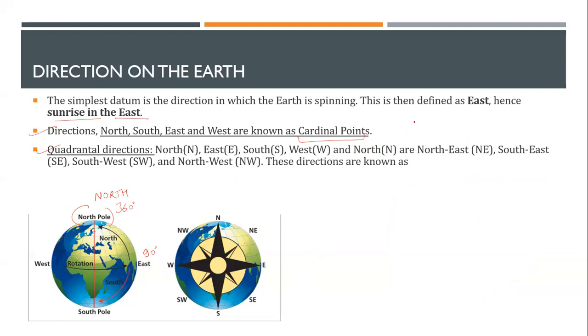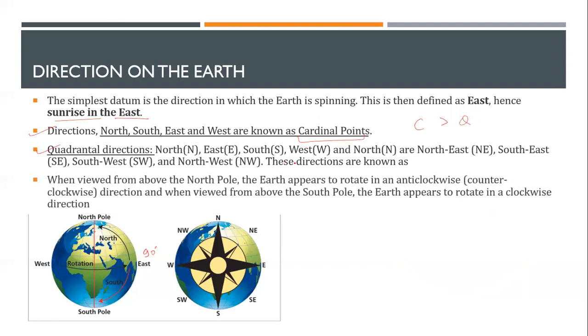If you want to remember, cardinal came before quadrantal, and in our alphabetic series also we have C before Q, or Charlie before Quebec. All right, so you need to go to the phonetics also. Okay, phonetics is what? A is for Alpha, okay, all that. B, Bravo. I'll share it with you. You can find it on the internet also, because I'll be mostly using all these, and you'll be also using them throughout your journey as a pilot. All right. So these directions are known as quadrantal directions.